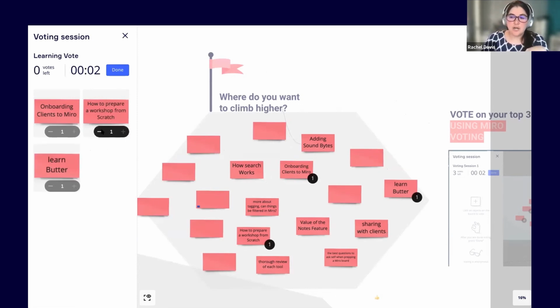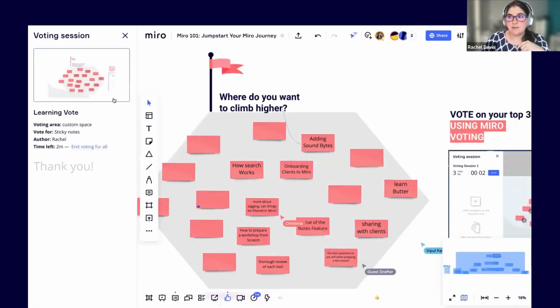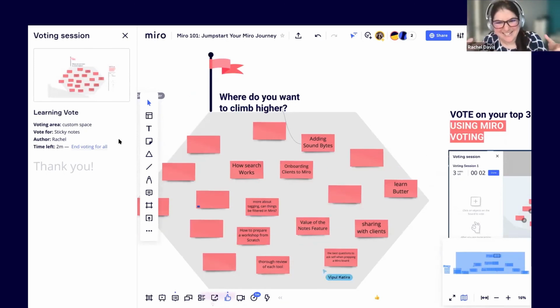And so when you're done, you can either wait for the vote to expire or you go ahead and hit done. When you hit done, we wait for everyone else to finish their voting. And as the board owner, you can actually end the vote for all. If everyone says, hey, I'm done, I'm not sure how to stop, you can actually end the vote for everyone. So even if you did accidentally hit 3 hours, you can end the vote for everyone way before that 3 hours is up. All right.